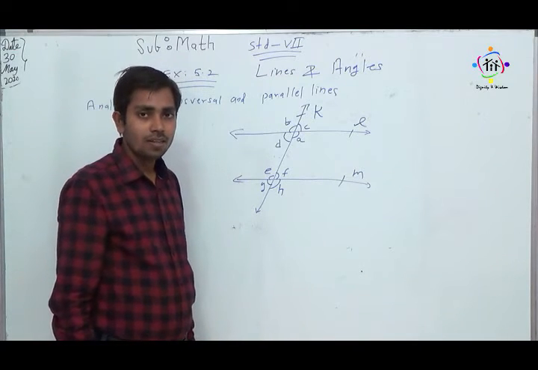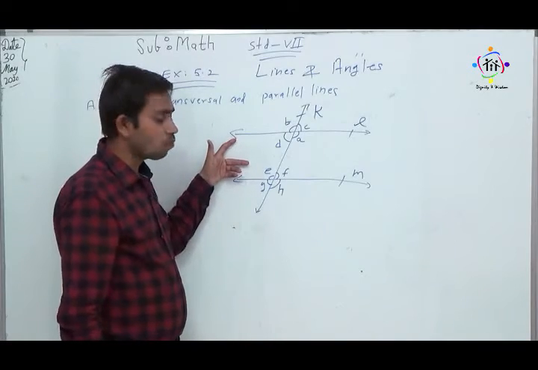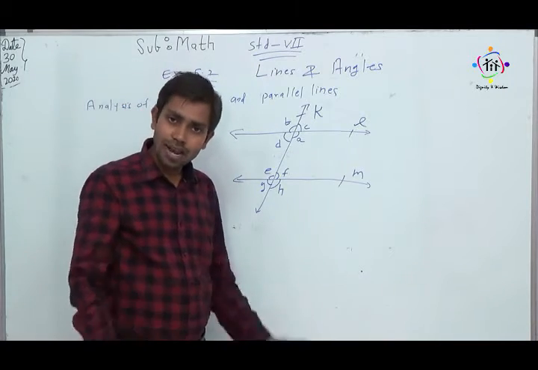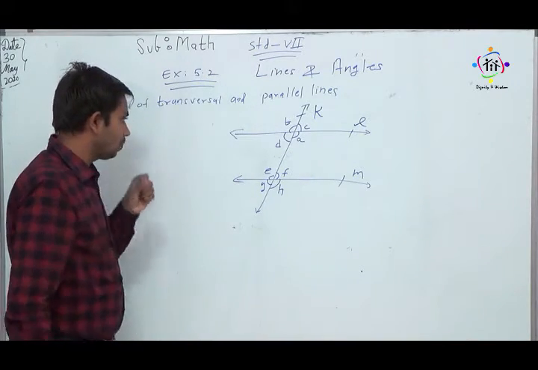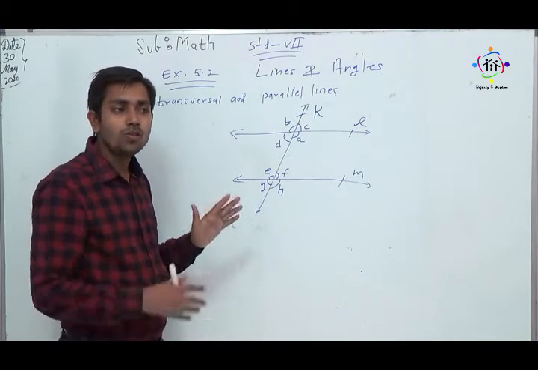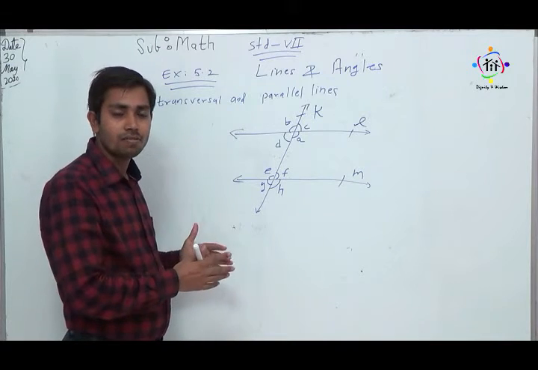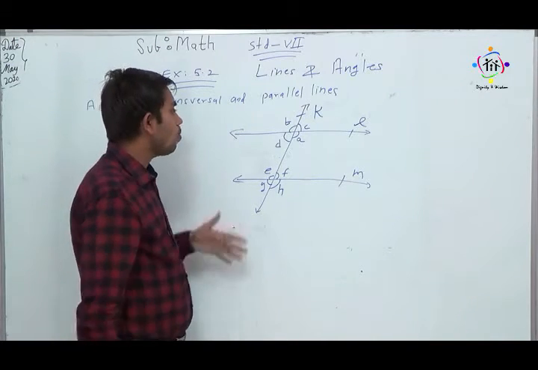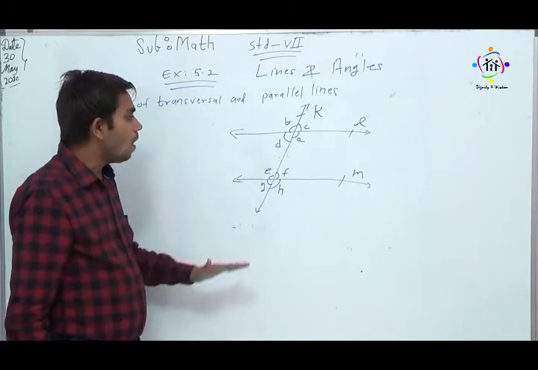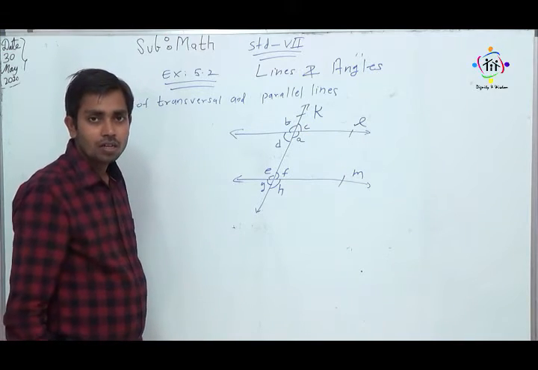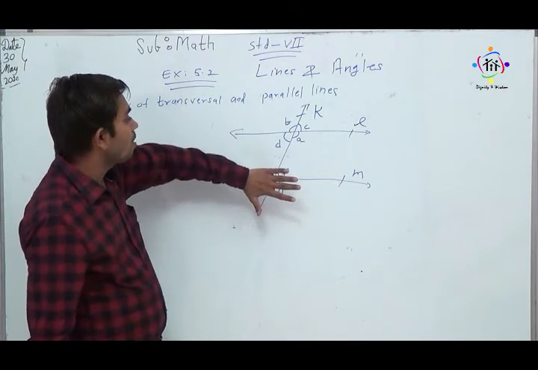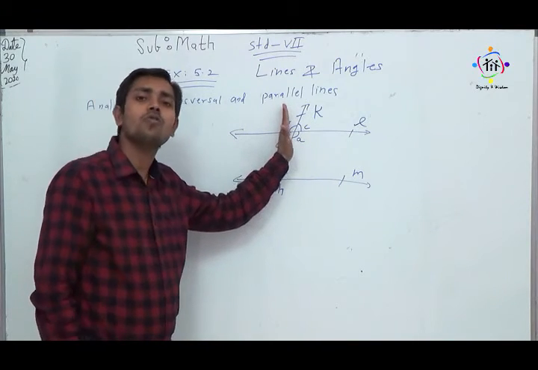We have seen this in the earlier classes. Now let us recall once again what is meant by parallel lines. Whenever two or more parallel lines lie on a plane. So look at here, my dear students, these two lines including this transversal all lie on the plane. Why? Because we are able to describe the position of these parallel lines and the transversal by using two coordinate axes.